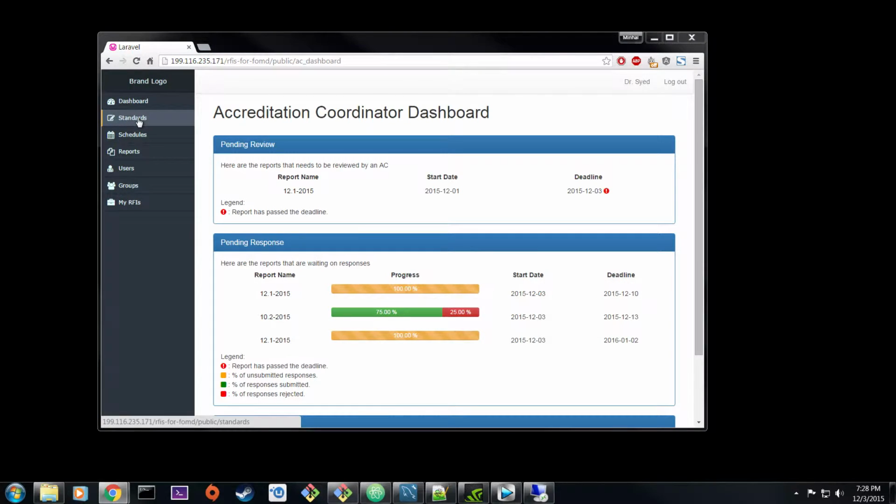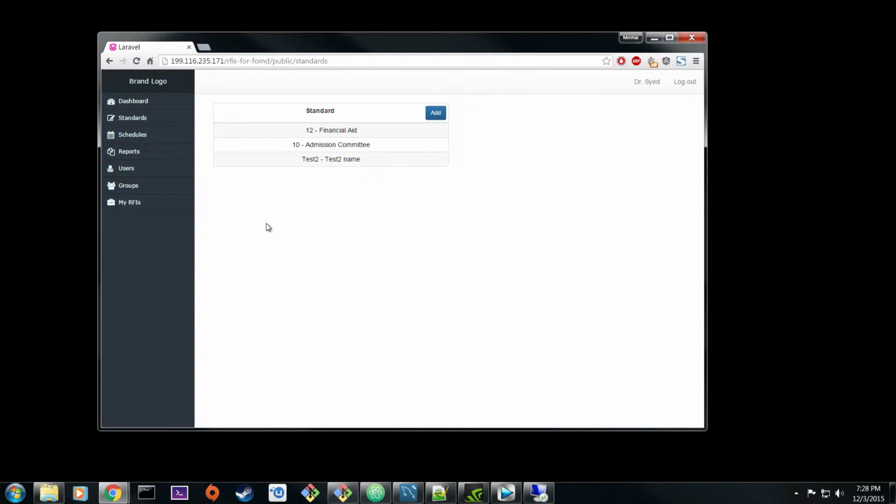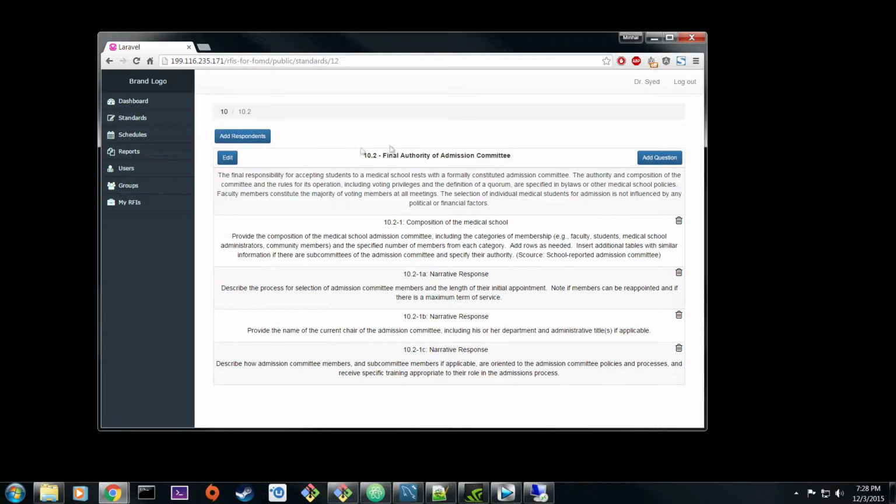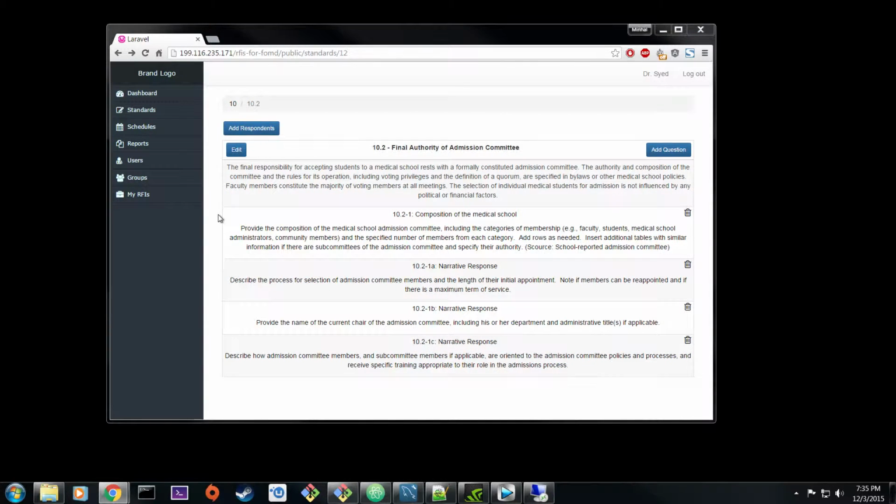To view standards, you hit the standards button from the side menu. Here you can see all the standards that have currently been authored. These are all the root standards. Once you click on a root standard, you see all the substandards that are part of the standard. Clicking on a substandard shows all the questions that are part of a standard. To view a particular question, you just click on the question